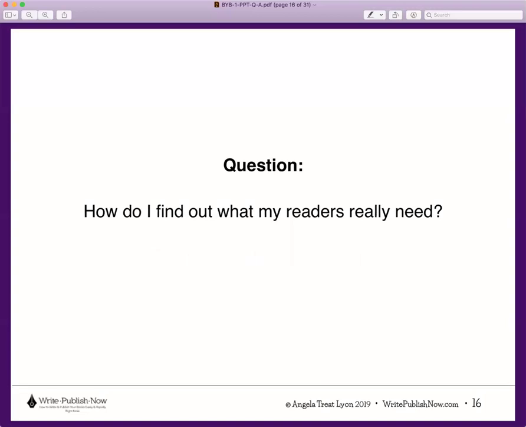And once again, here we are, we're talking about our readers. How do I find out what my readers really need? This is a really good question. One of the students in this first course is writing a book helping seniors use new technology in order to combat loneliness and feeling disconnected. So what she's going to do is she's going to go to senior centers, she's going to go to community centers, she's going to go to the people that she already works with, and she's going to ask them,